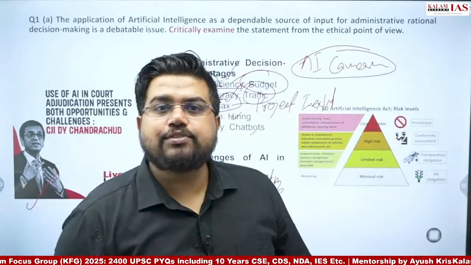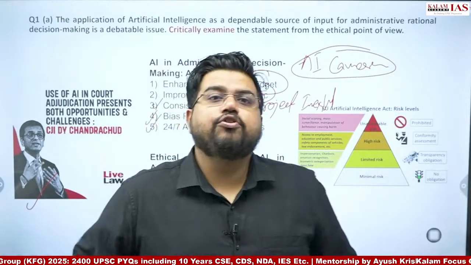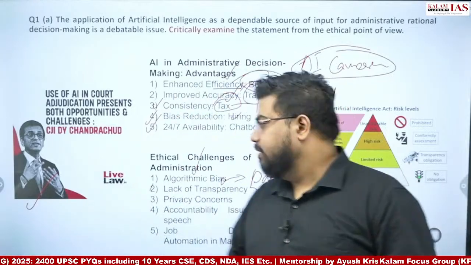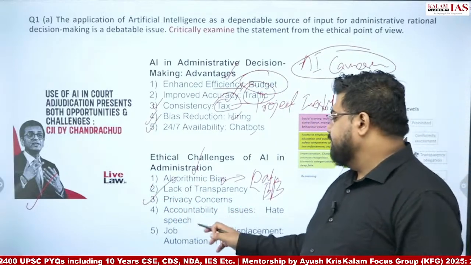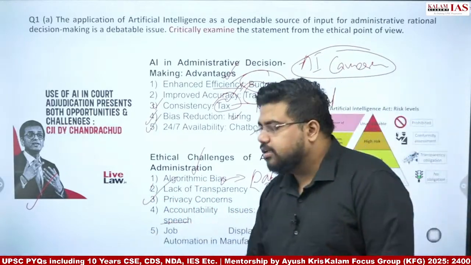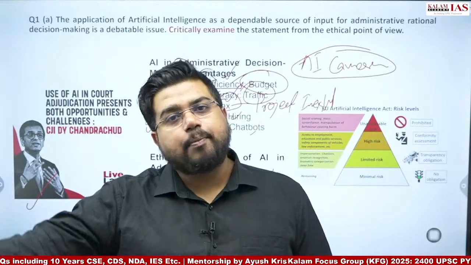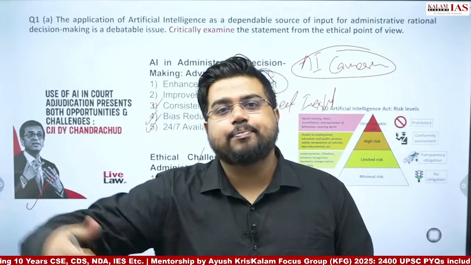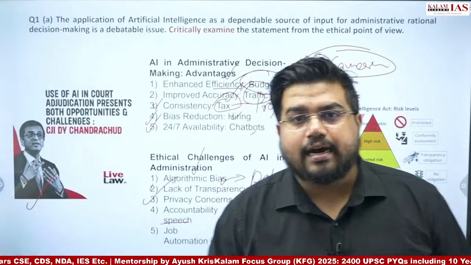What kind of data is fed to the system? There are biases in it. This is not a foolproof technology, so we have limitations with AI. We have accountability issues, privacy concerns, and hate speech. If somebody asks ChatGPT to write hate speech and it writes it and he publishes it, whom should we take the case against? The person who asked the question, or the algorithm which wrote the speech?